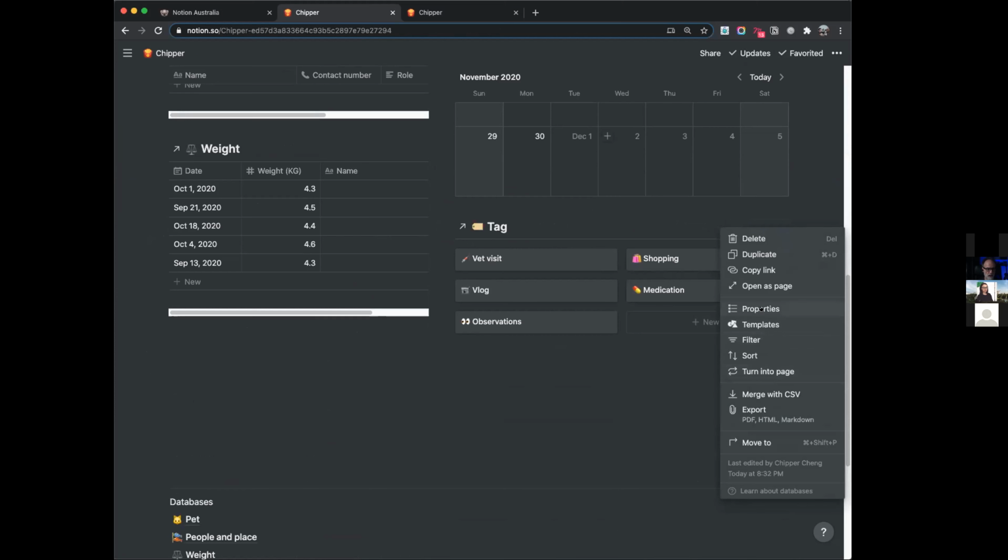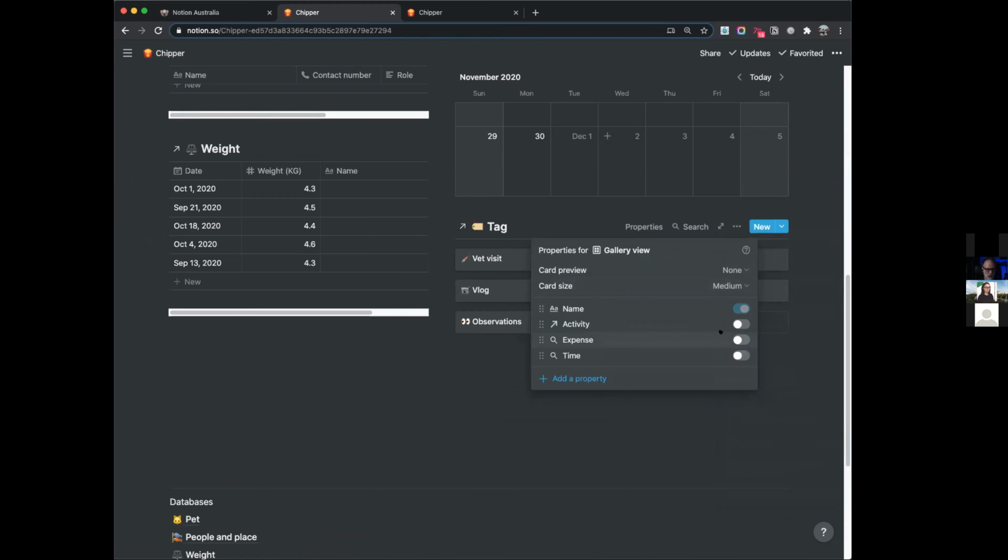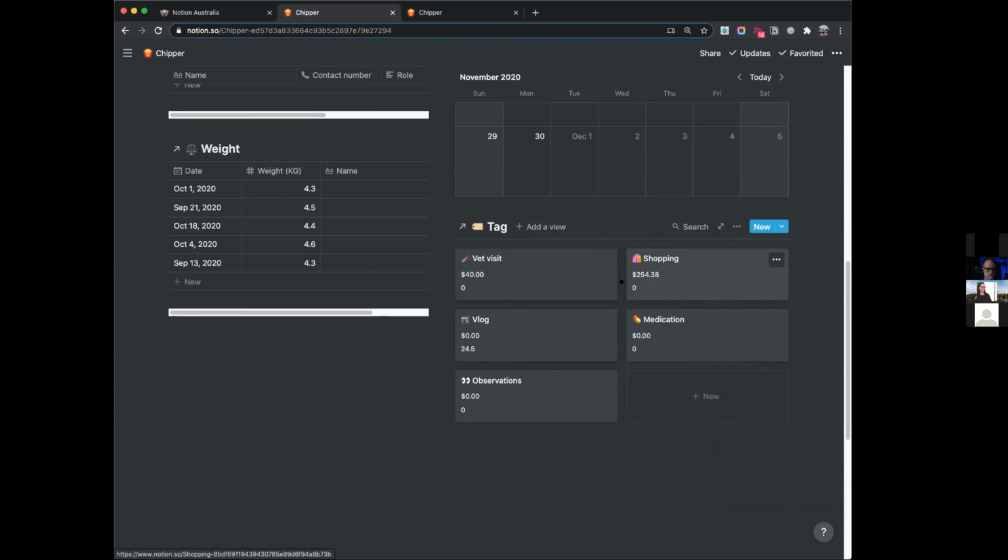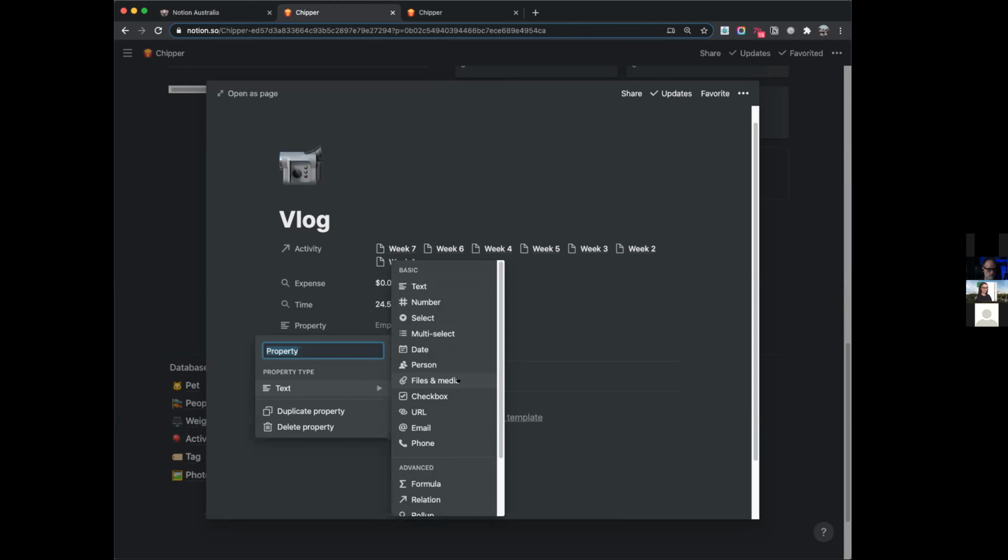So now I've actually got these 2 properties I can use, which are here, expense and time. And I think it's nice, expense has a little dollar sign, but if you do want to show the time, which 24.5 might not be super obvious, the thing you can do is click into it, and use the similar way we've dealt with the pet birthday or the age of Chipper.